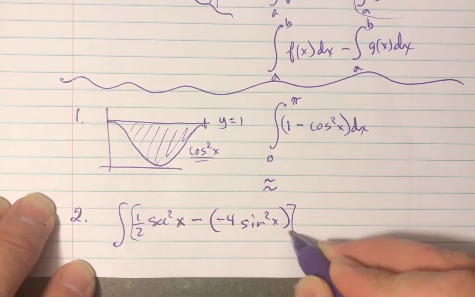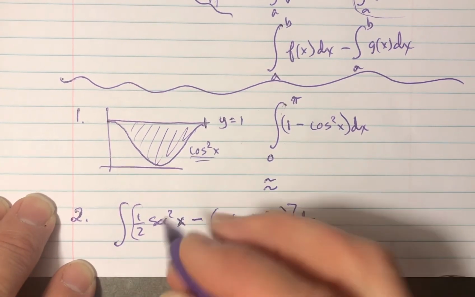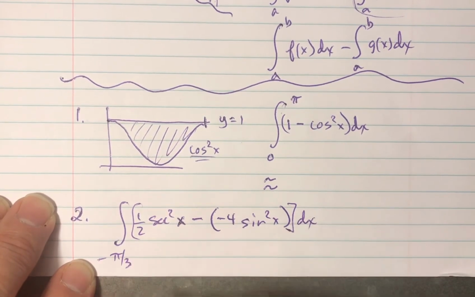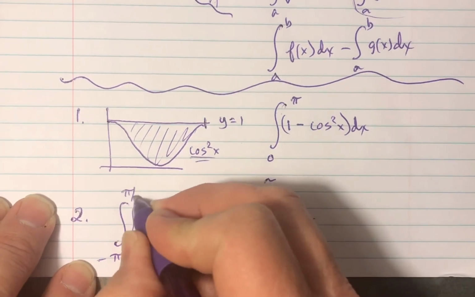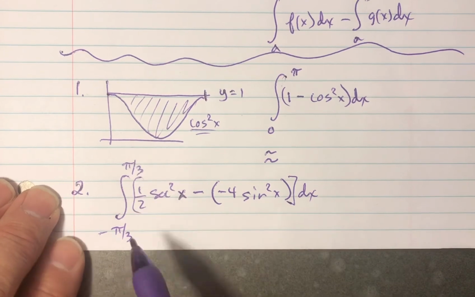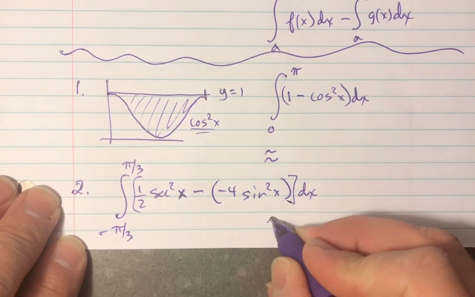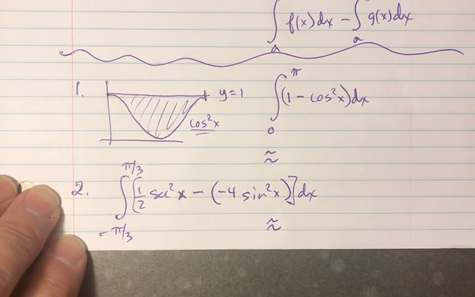So I'm going to leave these as x's. And here we're going to integrate from -pi over 3 to pi over 3. So if we set our limits of integration here from -pi over 3 to pi over 3, and then let's do that